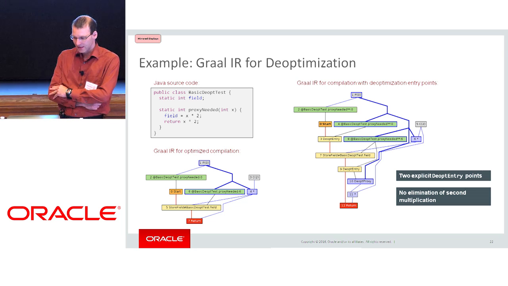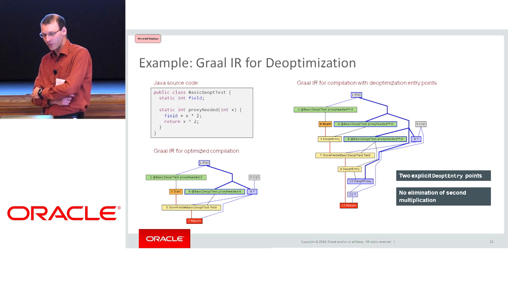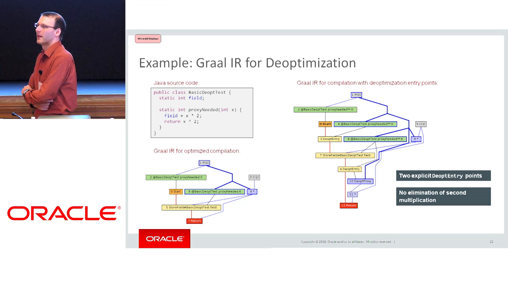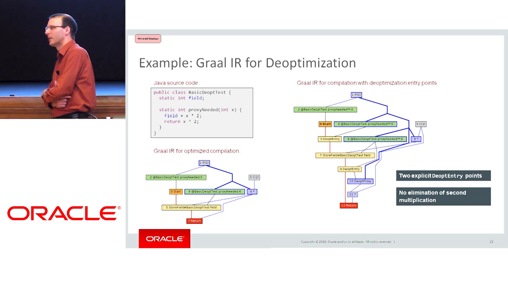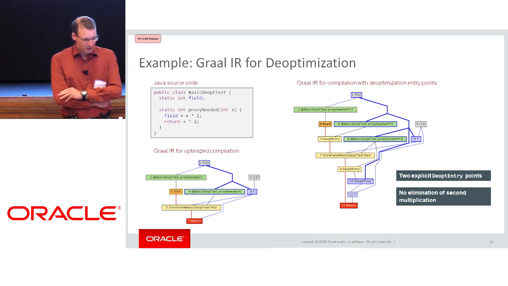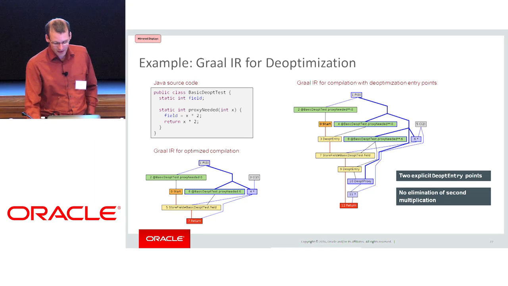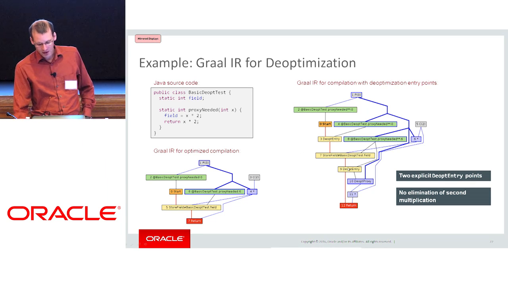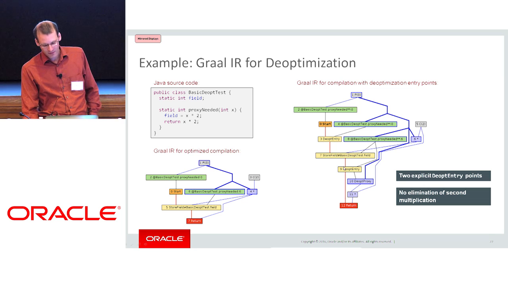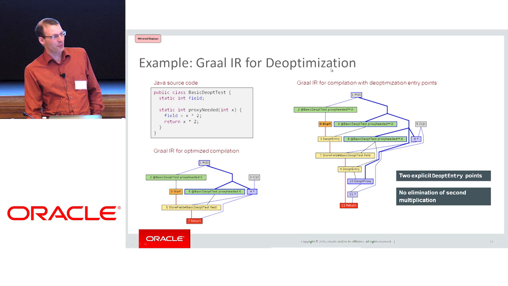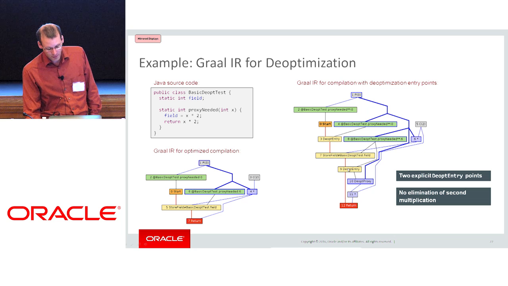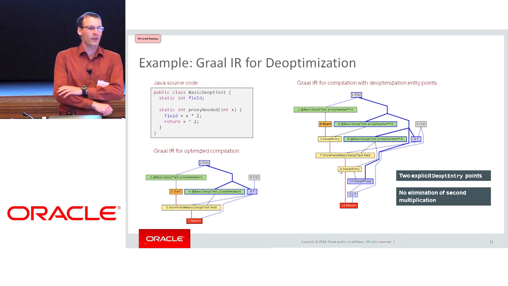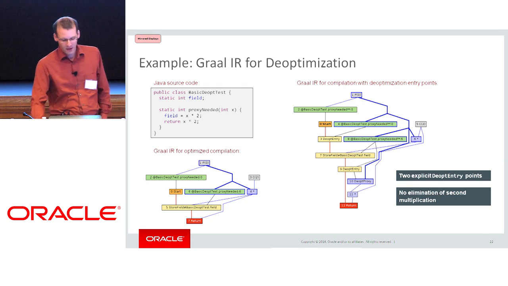There's one little thing that we still have to account for: we have to make sure we don't optimize these de-opt entry points too much, because now execution really continues in the middle of a method. So when we start executing at this point, the parts previously in the method are not run again, because we are coming from this point. So we have to make sure that here we don't do any too aggressive optimizations, because we now have to